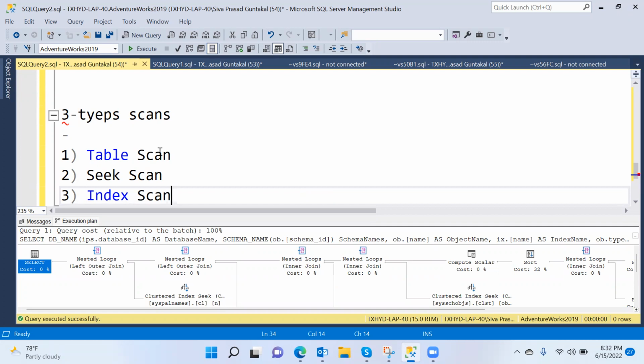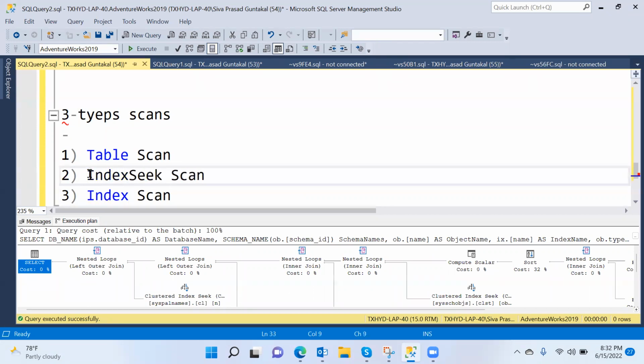Index seek scan, index scan, or table scan. These are the three scans we can identify. If you see here, this is the clustered index seek. This is also a clustered index seek. In the same way, there is clustered index scan and table scan. These three types of scans you can identify in the